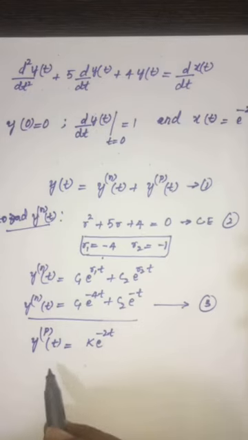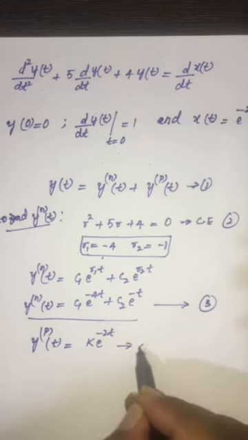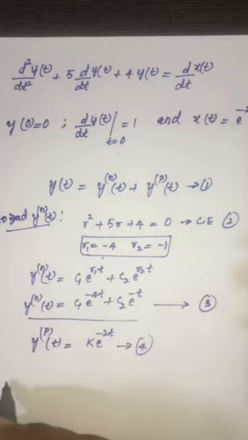Now substituting this equation 4 in the given equation, I'll be getting d square by dt square of k e to the power of minus 2t plus 5 into d by dt of y of t